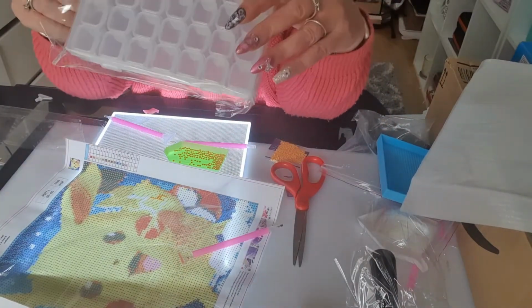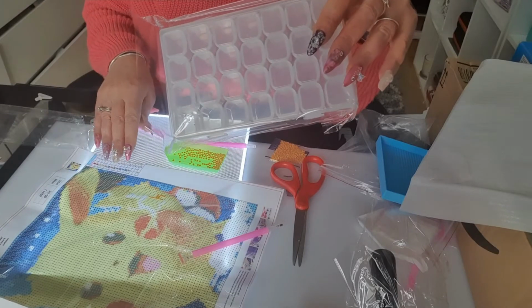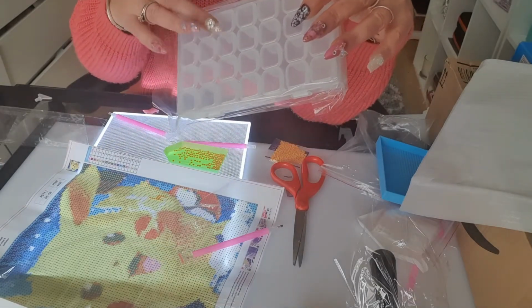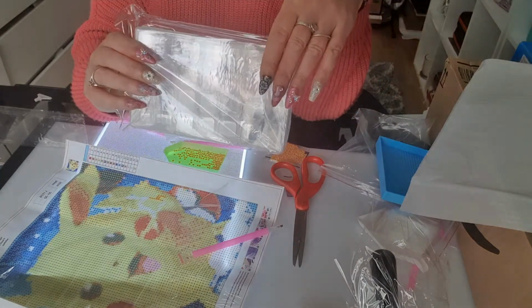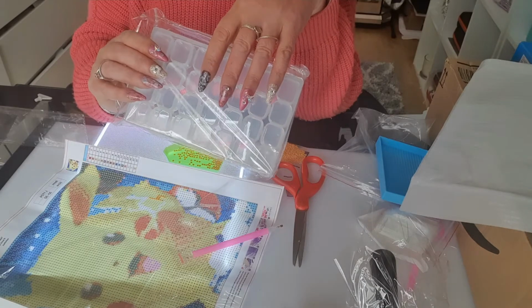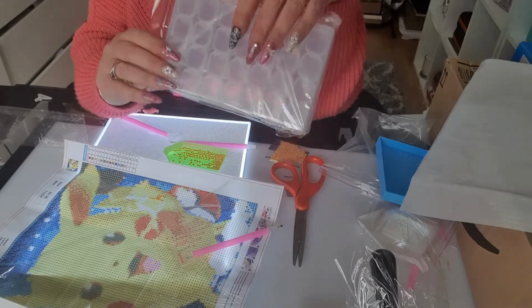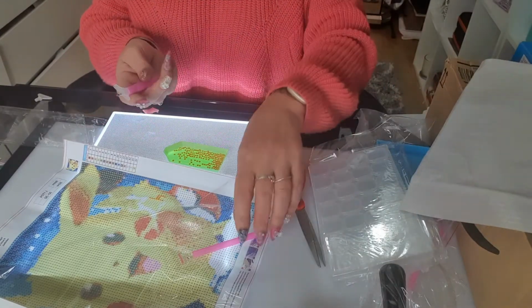And what you can do is, you get your stickers. I always go by numbers. I don't go by symbols. Some write the symbols on, like your J. I don't. I go 1, 2, 3, 4, 5, 6, 7, 8, 9, 10. And then once you've done all that, pop them back into a bag. And you can save them. If you run out of any colours, or if you want to do a spares project, never throw them away, because believe me, this does come in handy. So that's how we do